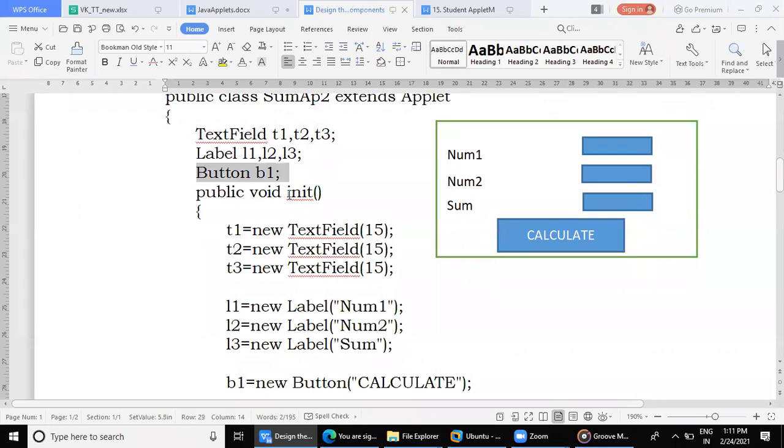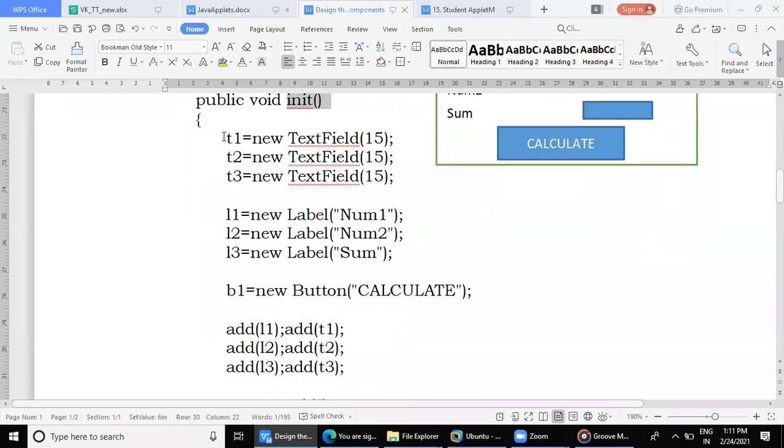So declaration is over. Inside the init method, we initialize three text fields, three labels with the caption, and a button also with the caption. Third step, we have to add those on the interface in the same sequence in which we want them to appear. Clear? So this is how: label 1, text field 1, label 2, text field 2, like that. And then the button also is added. Fine. If I show you the execution of this,